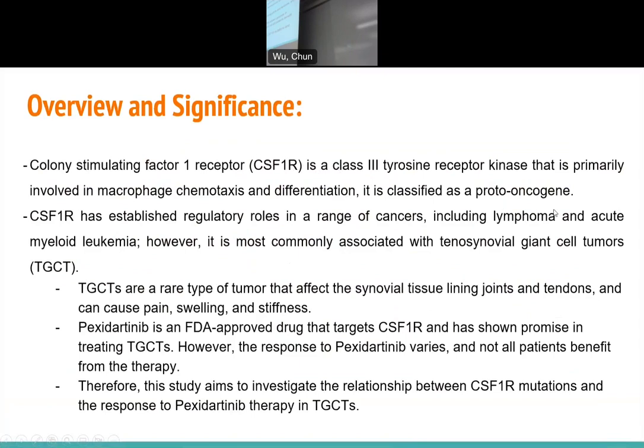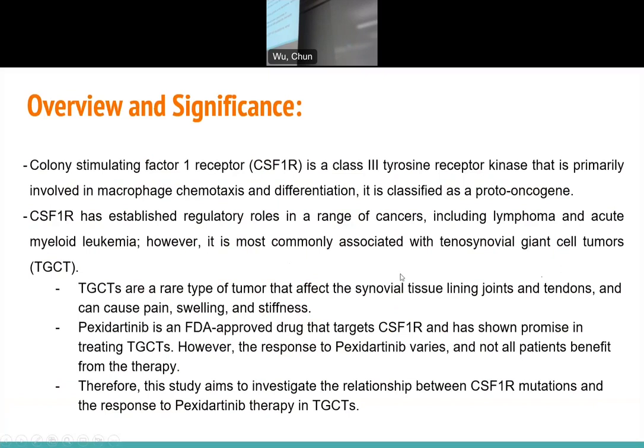It is classified as a proto-oncogene. So it has established regulatory roles in a range of cancers, including lymphoma and acute myeloid leukemia. However, it is most commonly associated with tenosynovial giant cell tumors, which is TGCT. They are a rare type of tumor that affects the synovial tissue lining joints and tendons, and can cause